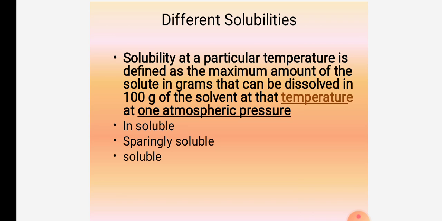See, why are we specifically telling about temperature? You know that temperature is going to affect solubility, and pressure is also going to affect the solubility. So it is 1 atmospheric pressure, that is nothing but the standard atmospheric pressure of 760 mm mercury, and the temperature may be a lab temperature or the temperature at which we are doing the experiment. So, solubility of a salt at 35 degrees Celsius is this; solubility of a salt at 25 degrees is going to be this much grams per 100 ml. Your solvent amount is the same, only 100 grams, but your temperature and pressure you can vary and give the solubility.